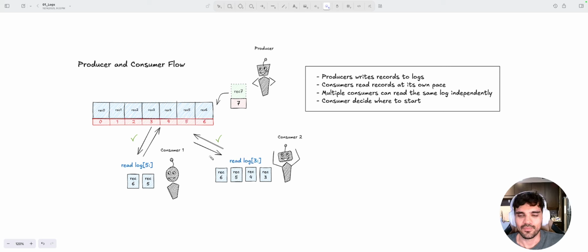The producer will append new information to the log, and we can have multiple consumers that can independently read from the same log, and they can decide where they're going to start. So consumer number 1 can start from position number 5, and consumer number 2 wants to start from position number 3, but that's just an example. You can always read everything sequentially, but they can read independently from the same log. Okay,